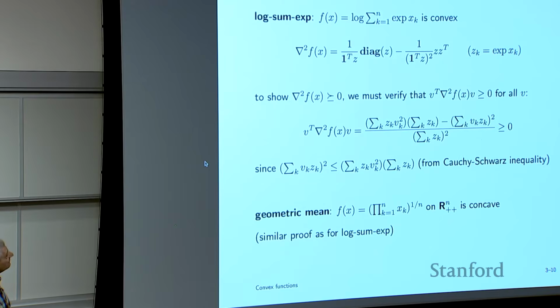And then you add them up, you take the log, put you back on the other scale, and you get that. Here's another one: the geometric mean in many variables. The nth root of a bunch of positive or non-negative numbers, that's a concave function. And you'd have a similar thing, right?